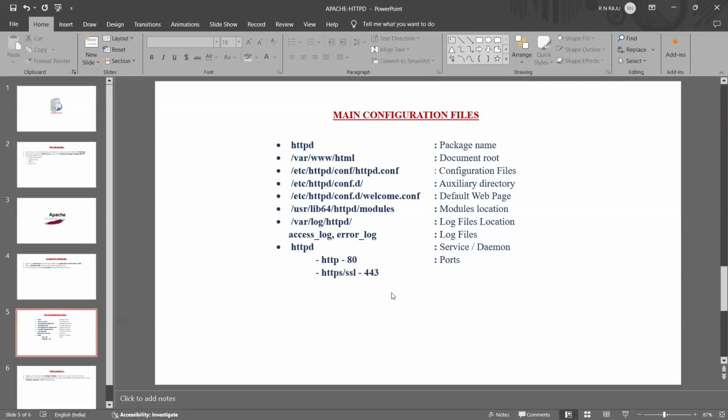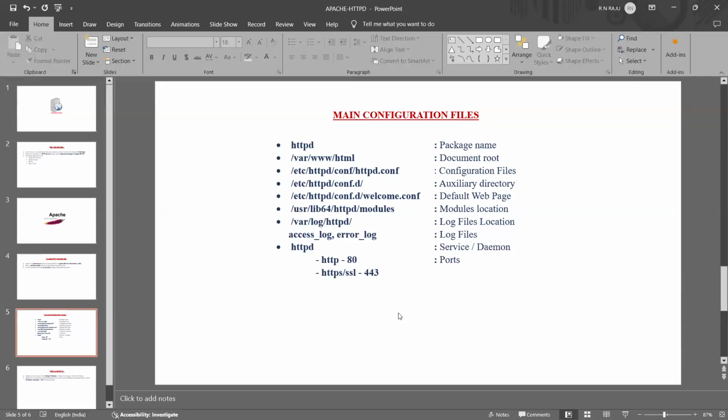And then httpd is the daemon name or service name for starting and stopping your server. As usual, the port number is 80 for HTTP. In case you want HTTPS or SSL, it is 443, Secure Socket Layer protocol 443. But here we are going to discuss HTTP 80.